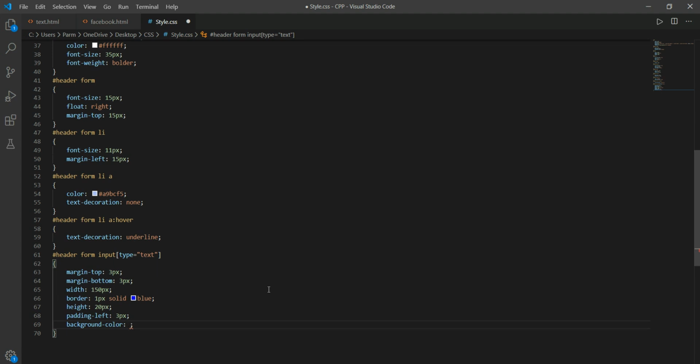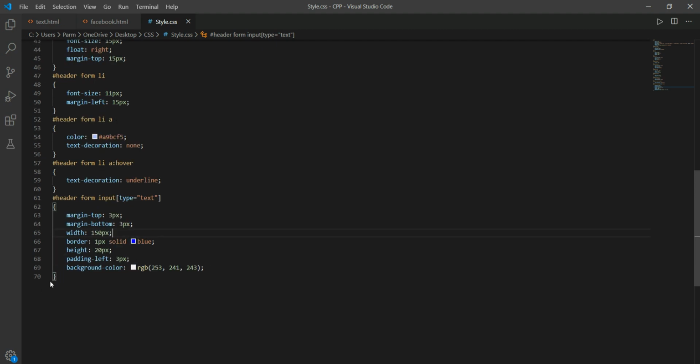Here I'm using the RGB scheme, and here we have to give the value of red as 235, and to green I'm giving value 241, and to the blue I'm giving the value 243. See, I just want this color to be in the background. Similarly, same thing I want